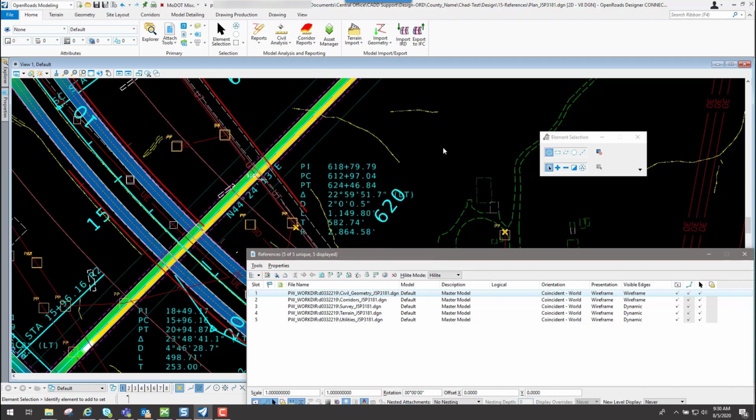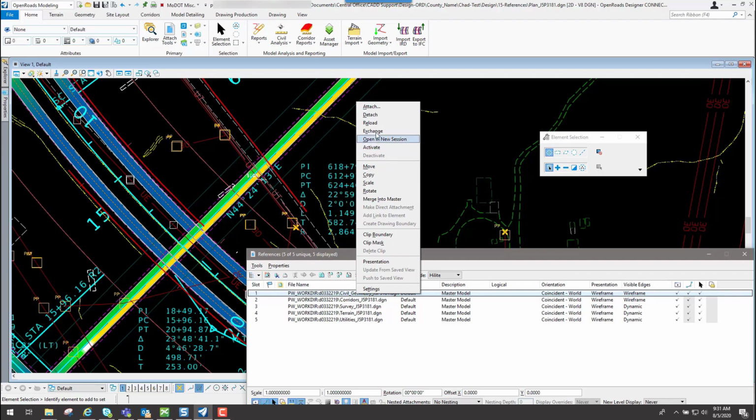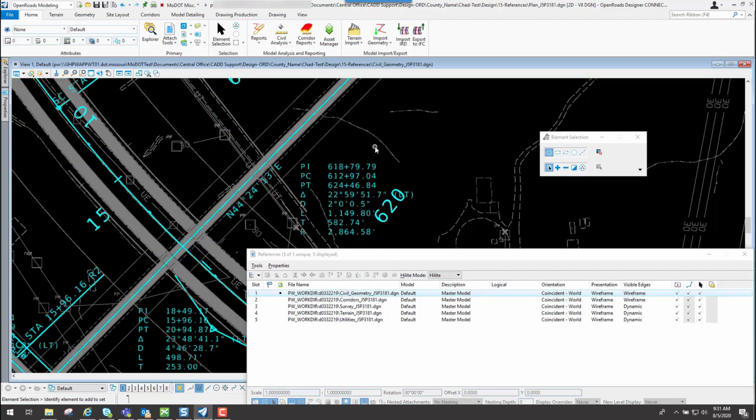Another option that I could do is what they call activate. To do that, I could select the civil geometry file and go to the tools pull down, or I can right click over it and it'll give me the same options. You have the option right here that says activate. So for this example, I will use the activate option, and what it will do is gray out everything else except for the geometry that's in the civil geometry file.